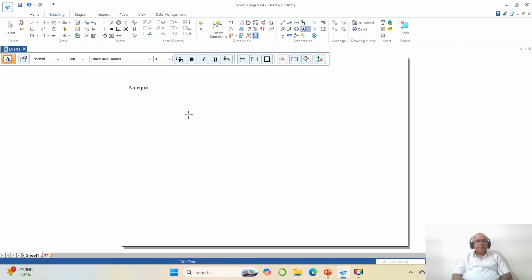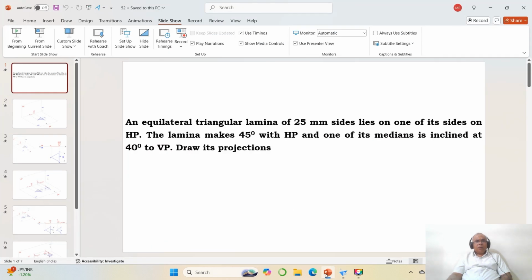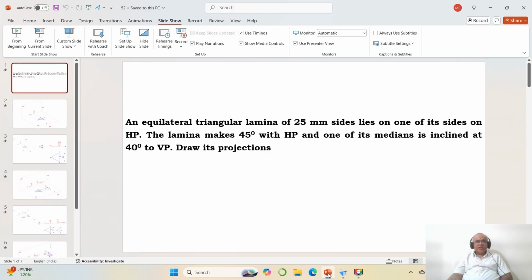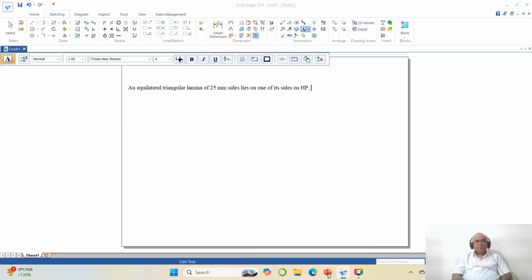An equilateral triangular lamina of 25 mm sides lies on one of its sides on HP. The lamina makes 45 degrees, by holding the Shift key, type 0176 and release the Shift key to get this degree symbol, 45 degrees to HP and